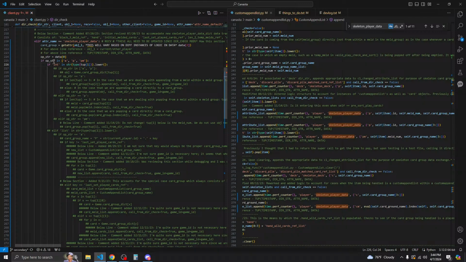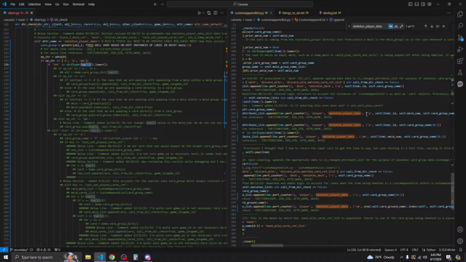So this is actually if op string is in AP or PM, if int is in string type 2.1. So this is not going to be 2.1 anymore. This is going to be, so this is going to be a card ID.